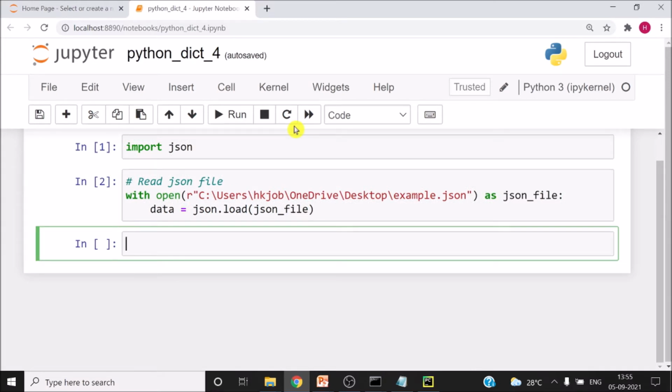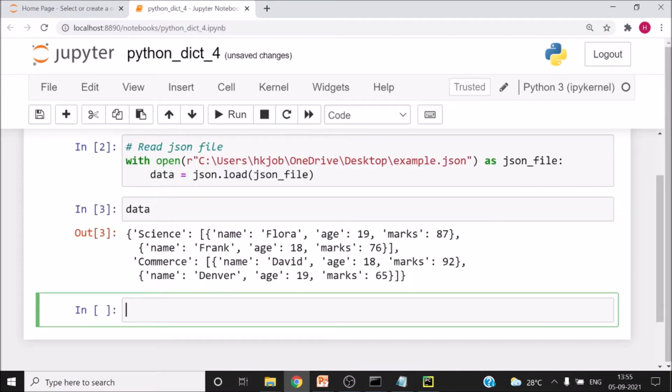And then let's see what the data is. You can notice here that all the data which we have just seen in the JSON file is available here with us. Now let's say I want to print the first row, or the first data, from the science object. So what I have to do is, this is my JSON object, and then this JSON file object, and then this is the record name which I want to get, and I want to get the first data.